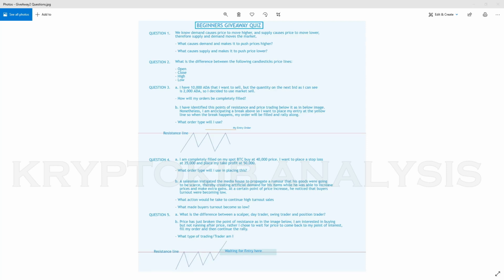So you are now waiting for prices to come back to this, waiting for entry here. For you to wait for price at this resistance, you are expecting it to turn to support, right? But that is not the point here. Being a point of resistance turning to support or support and resistance, that is not the point here.